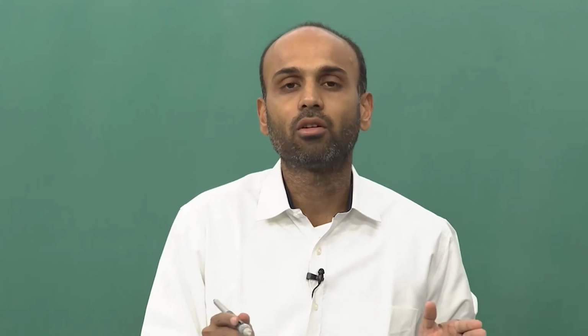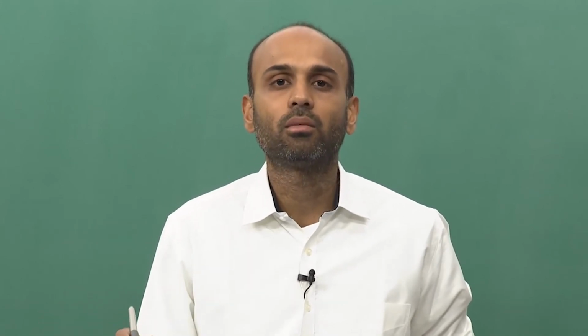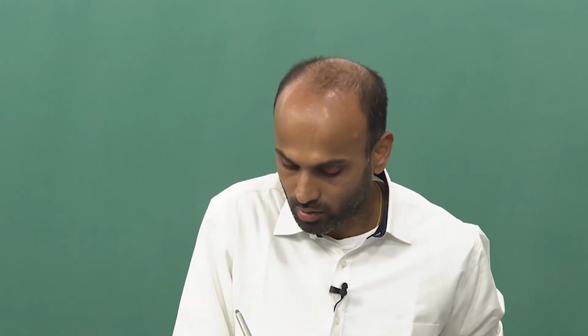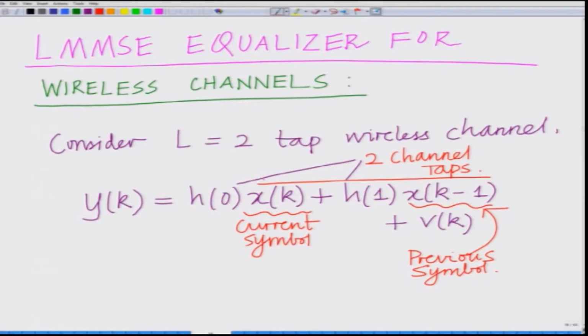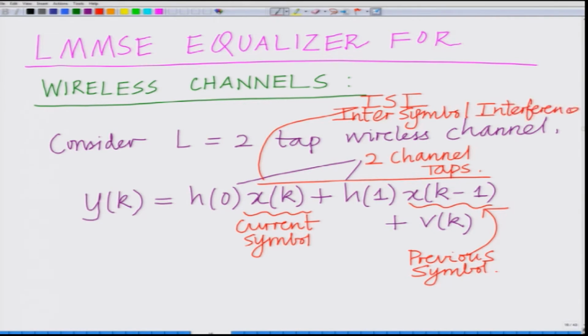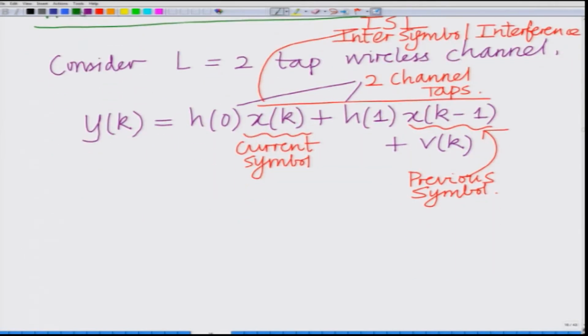In Yk we have contributions from both Xk as well as Xk minus 1, and this is what we termed as intersymbol interference, or ISI. Vk is of course the noise,